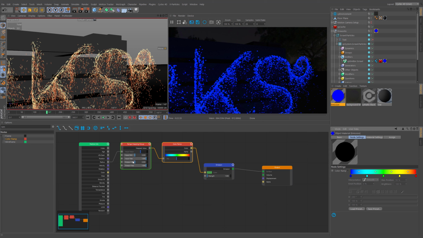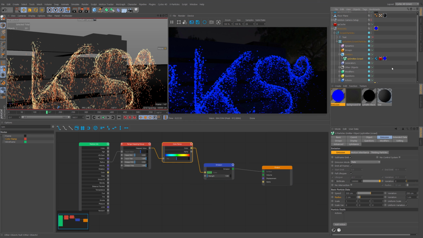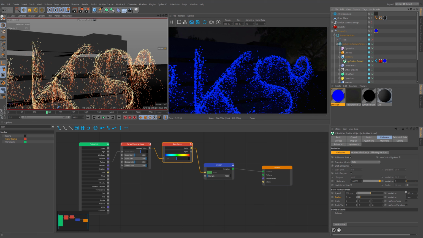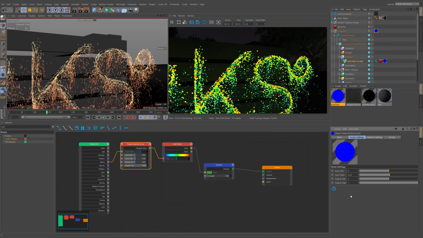Now we know that our particles are much smaller than that, and if I click on our XP emitter, we see here the radius value is 2 with a variation of 1, so therefore the smallest emitted values are 1 and the maximum is 3, but we also scale our particles down to 0. So really our range is from 0 to 3 units, 3 centimeters. And because this is in meters, I'm going to change this into meters. So you could do 3, and then you could just do divided by 100, and that would give you your radius value. And immediately we can see that our particles are now respecting that range